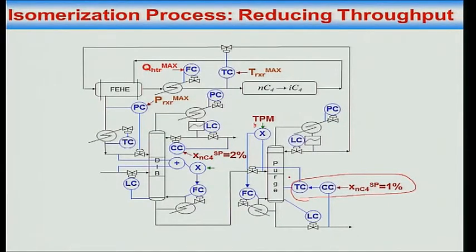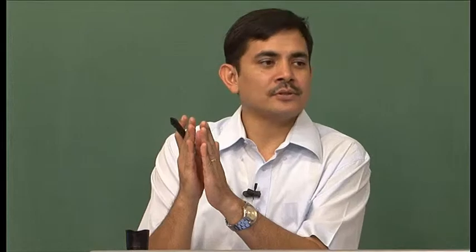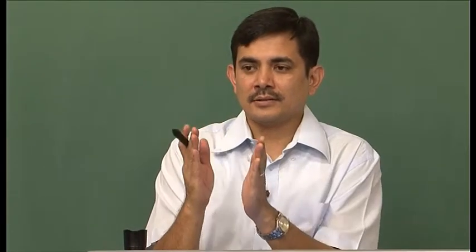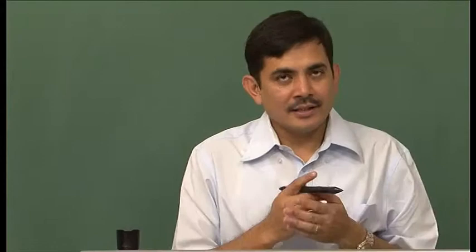therefore the level controller starts putting more reflux back into the column. Now because the reflux has increased into the column, the amount of IC5 leaking up the top will go down. Yes or no? So an increase in boil up translates to an increase in reflux, and because the reflux has increased, now the IC5 impurity up the top goes down. So let us say earlier I was having 10% IC5 leaking up the top, boil up is increasing and therefore this goes down to, let us say, 1% or less than 1%. Does that make sense?